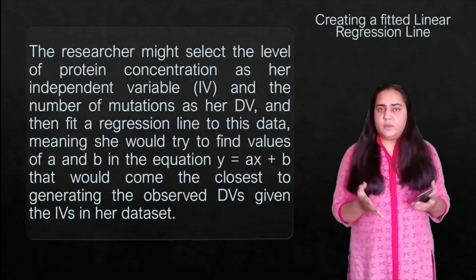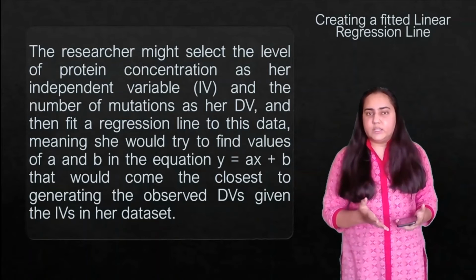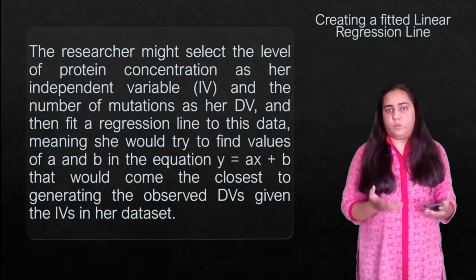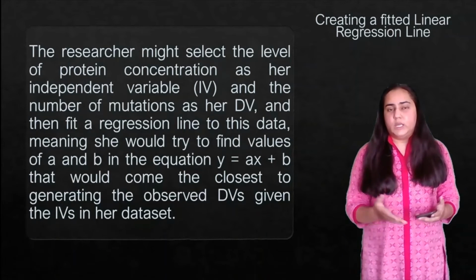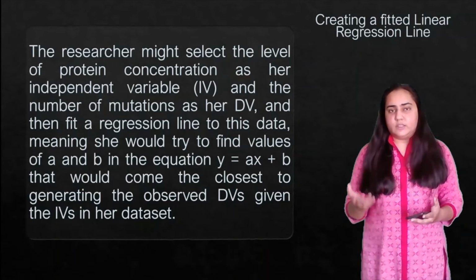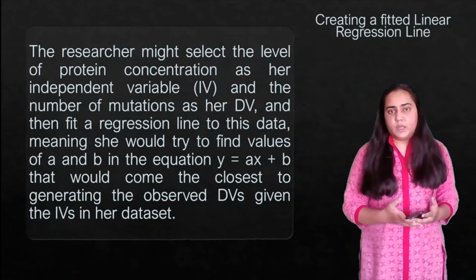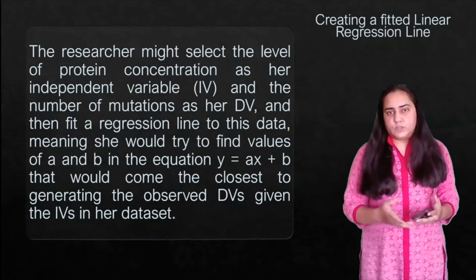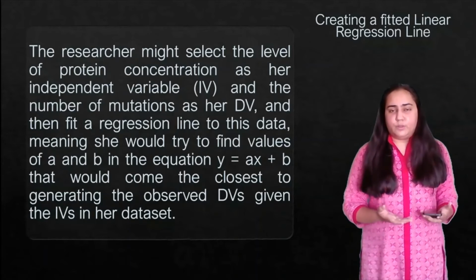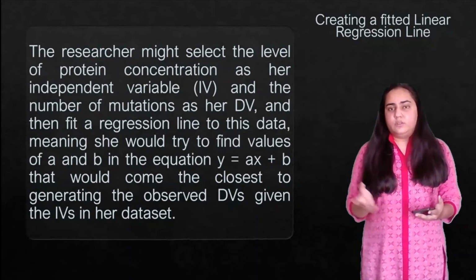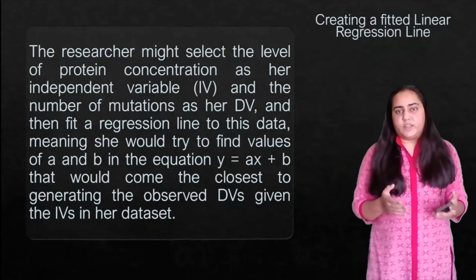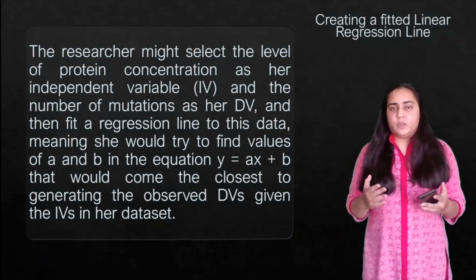Now, think about it: the dataset already contains the values of x and y. Y is the dependent variable, which means the number of mutations. X is the independent one, which means the level of protein concentration. So two variables are already available. You have all the values. All you need to do is create this equation y is equal to ax plus b, where you have to